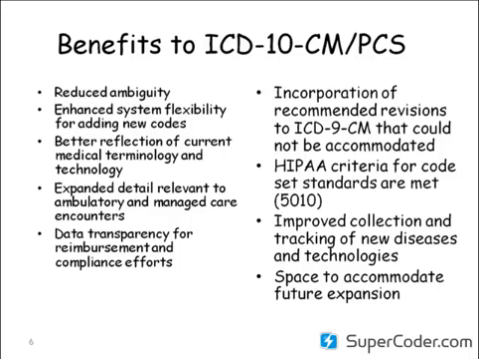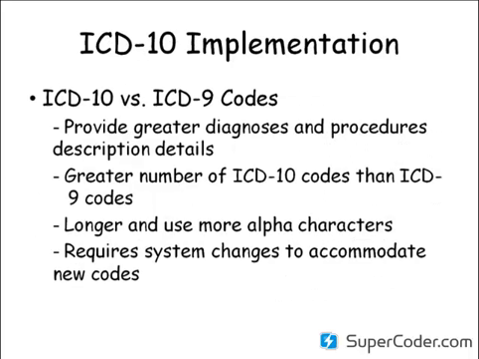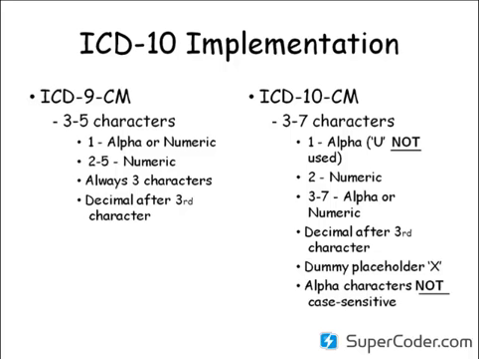On slide 7, there is a greater number of codes, not only the number of codes that we're going to use on a claim form, but also the actual codes in the book. As you know, our ICD-9 only has so many digits, but our ICD-10 has a lot more. On slide 8, ICD-9 has anywhere between 3 and 5, where ICD-10 has between 3 and 7. And in order to hold space so that they can add more diagnosis codes, some of our codes will have what they call a dummy placement. It's an X. And that X in the 6th character or the 5th character doesn't matter if it's a capital, a lowercase, or an uppercase.